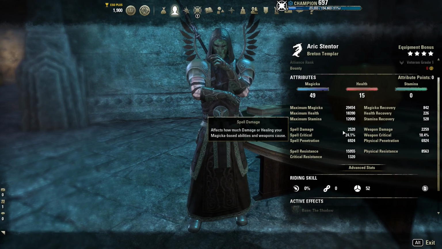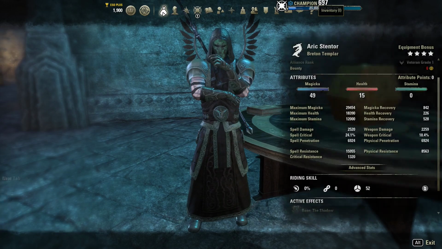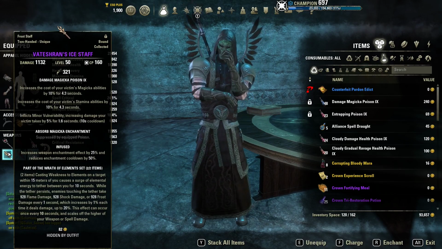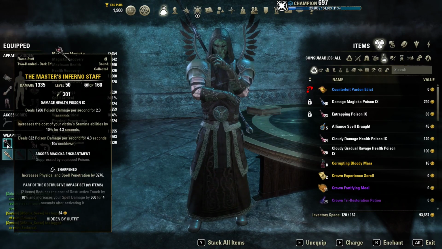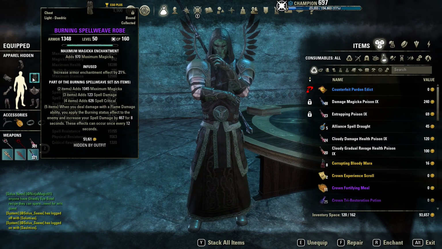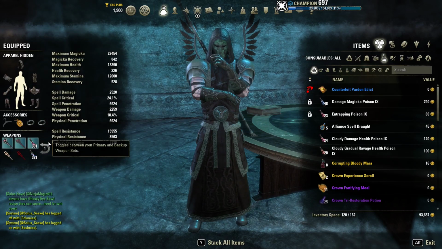Our spell damage is 2,520, but if we were to add up all of the effects that we can use together in conjunction, we can grab ourselves an extra 600 from the Inferno Staff. We can grab an extra 400 or 450 or so from doing flame damage, which so happens to be the same ability,